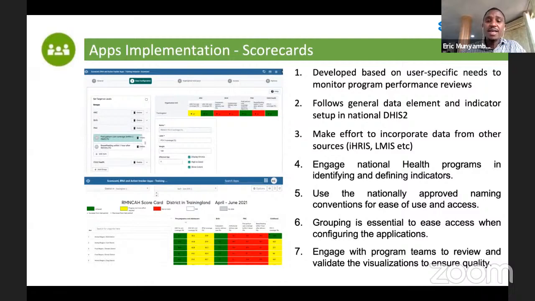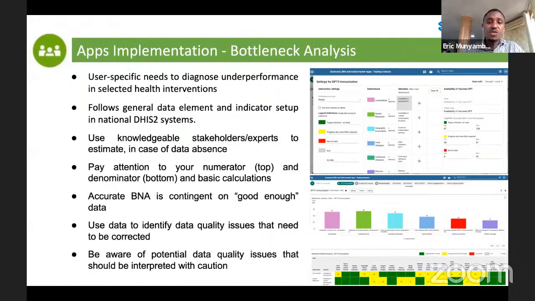The second one, again, like I mentioned, I'm giving highlights of these applications. We may not have enough time to look into the details, but the other implementation approach for the bottleneck analysis is, one, the user-specific needs to diagnose underperformance in selected health interventions. And this, again, is based on a Tanahashi framework, which we probably will discuss a little bit more later, that looks at performance